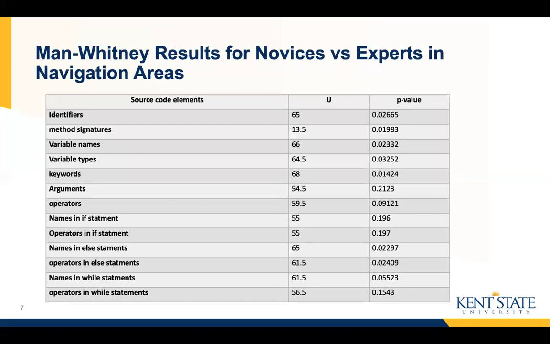Then, after we calculated the average of source code coverage in each area of the navigation parts we used in the study, we tested the significance of the difference between the two groups. We used the Mann-Whitney test for this purpose to compare the two means, and we found that the difference is statistically significant between experts and